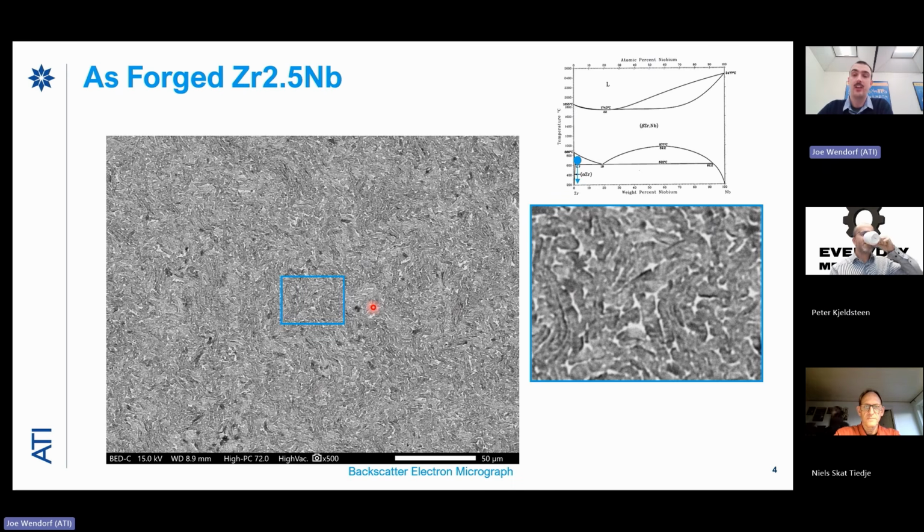At the end of that process, you have a very long columnar grain structure that has a lot of variation and isn't consistent in its properties because of the very large grain size. By forging at this temperature, we're able to refine the microstructure to a more homogeneous state with these very fine